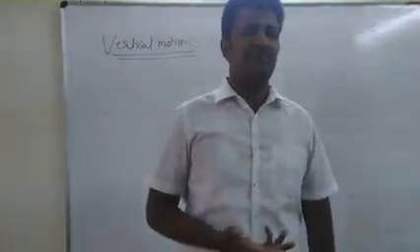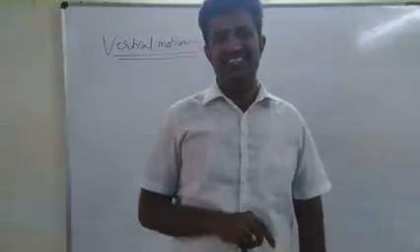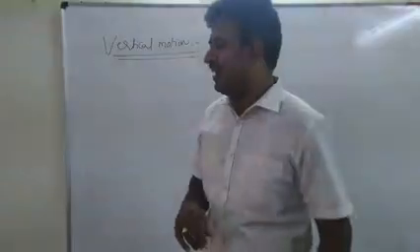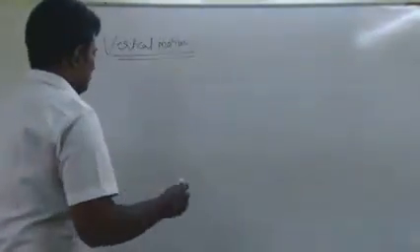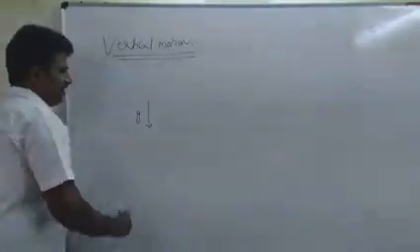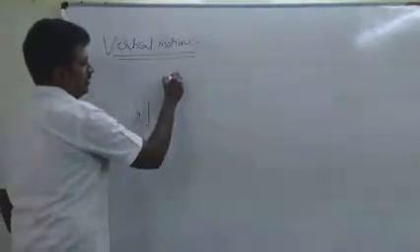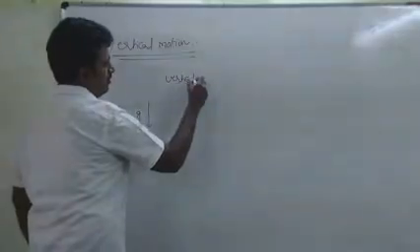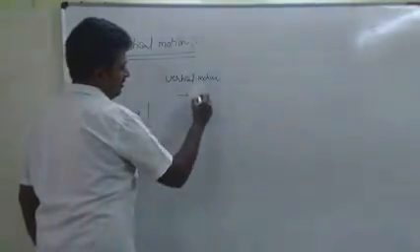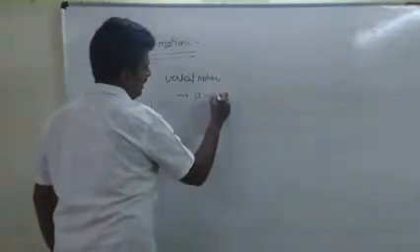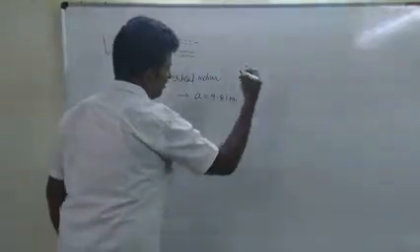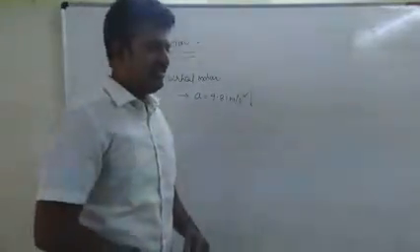Whereas in case of vertical motion, there exists only one type of acceleration, that is due to gravity, isn't it? You already know, due to gravity, there exists an acceleration always in downward direction. So the specialty of vertical motion is constant acceleration whose value will be 9.81 meter per second square, which acts always in downward direction.